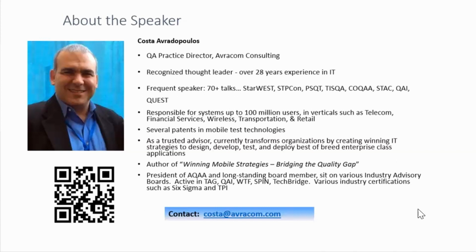But I'm also equally passionate about giving back to the community. I'm a board member of 3 different nonprofits in the Atlanta area. One of those is the Software Quality Group. That is the largest user group in the Southeast. We have about 1,400 members. So I'm very passionate about that as well. My contact information here if you want to reach out.